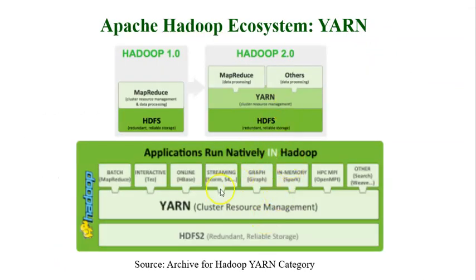Now let's get back to this picture. Here we see the foundation of the Hadoop ecosystem is the distributed storage system HDFS, and the subsystem running directly on top of that is Yarn. It is a resource management subsystem. And now let's have some idea about it. Let's talk about Yarn. In the next video,